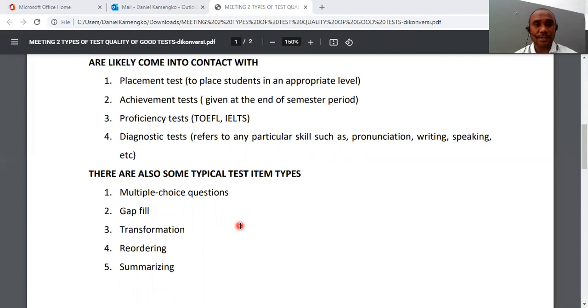We're going to talk about that next meeting. And we have reordering. Reordering is like, for example, you have to arrange the words into good sentences, or you arrange sentences into a good paragraph. This is mostly common in school, yeah?